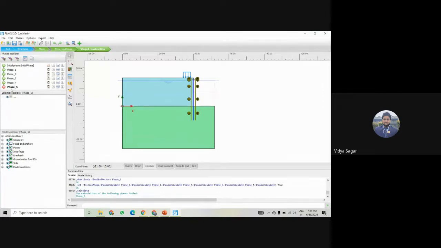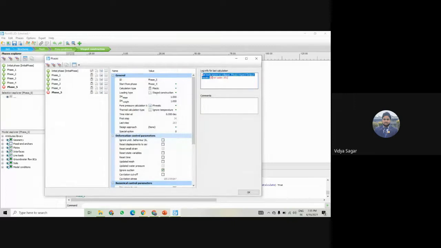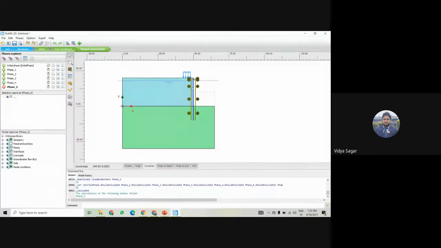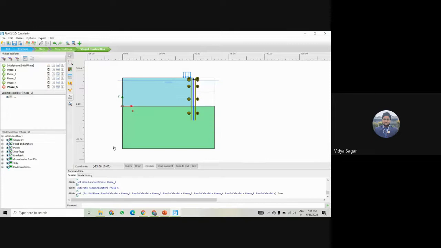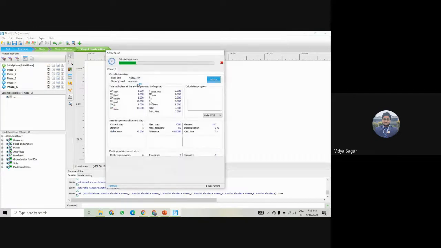Okay, so now it is not calculating phase 5 because the soil body seems to have collapsed. Inspect the input results. The error is coming because the soil body has totally failed due to the load coming from here, because we have not activated the strut here. So now I'm activating it again, phase 3, phase 5. So you can just play with this software however you want. That's why it is taking time. Now it will complete easily.